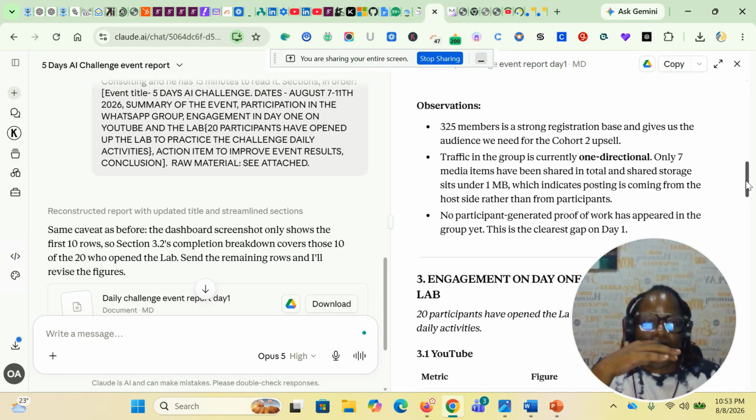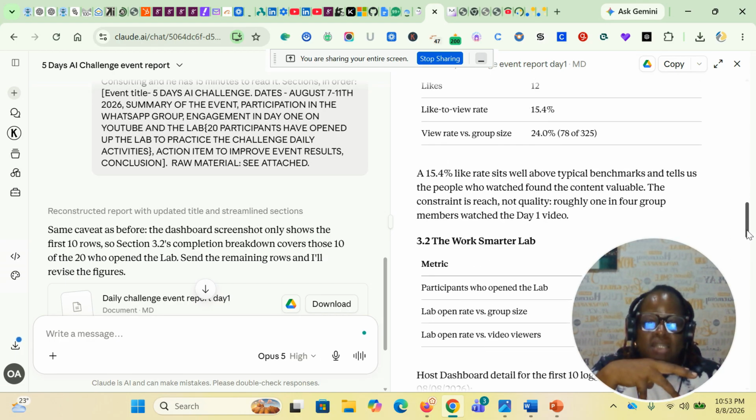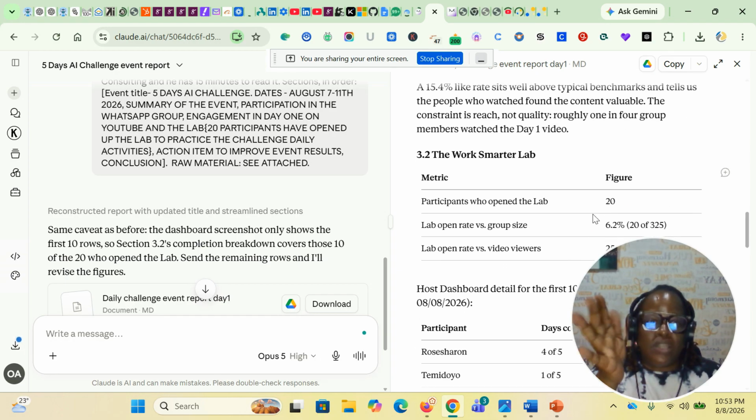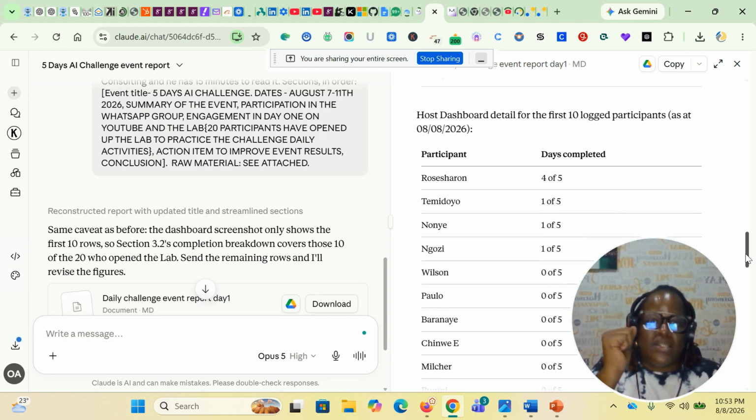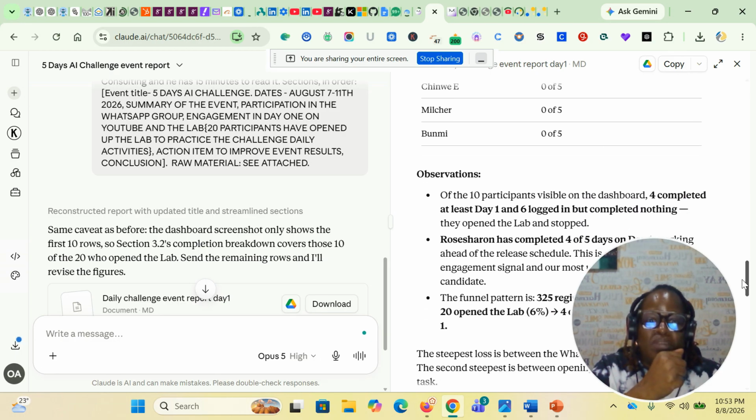Observations, engagement on day one, this is very important for me. So it has even given me a rating of what the engagement looks like. And then it has talked about the lab, the open rates on the lab. Now this is for me, yours could be different. It even logged the first people that went in,